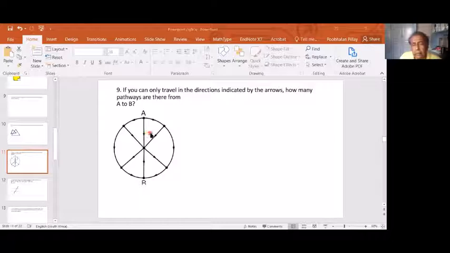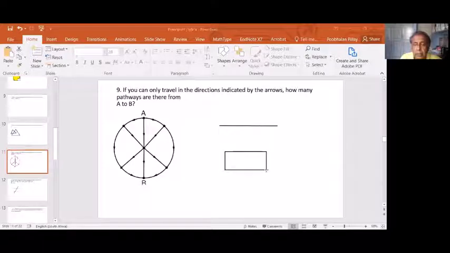Now, this is a kind of standard problem. There's a very nice way of solving problems like this. Sometimes you have problems with rectangles, in a rectangular grid, and there's a certain strategy that is used. I'll just show you an example. Let's just do it nicely. If I've got a rectangle like this,